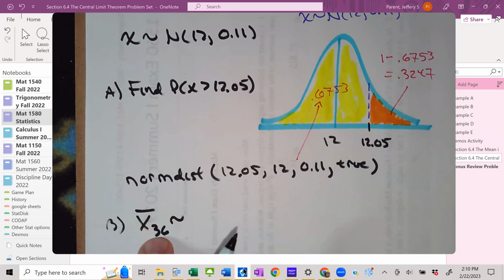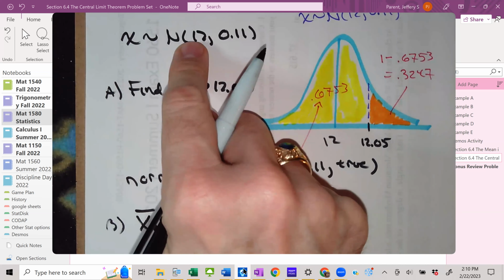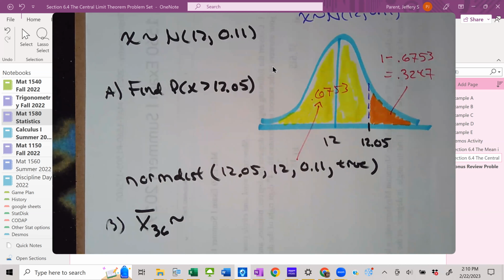Well, for samples of this size, it doesn't really matter that I'm sampling from a normal population to begin with. I'm going to get a normal distribution. But what is that normal distribution going to look like? What's the mean of that normal distribution? What's the standard deviation? 12.05. Appreciate the guess. For the mean, right? For the mean